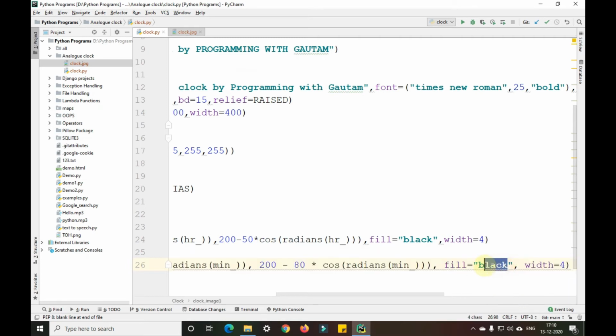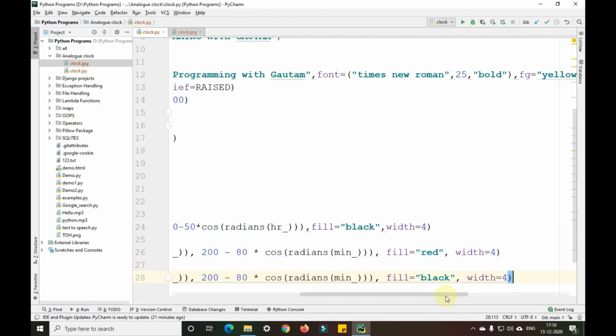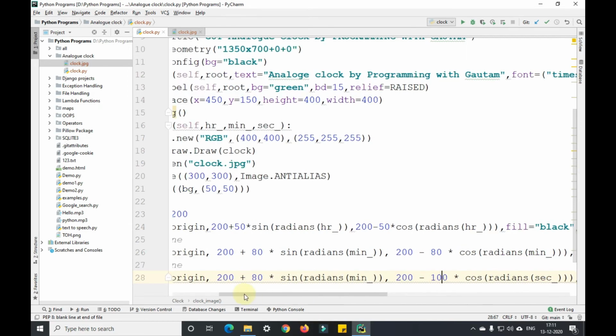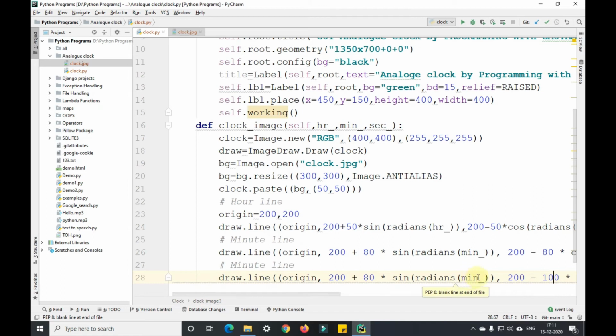So we'll change the color of the minute line to red here. We'll change the second line to green here. So 100, sec, 100, and this is the second line here.